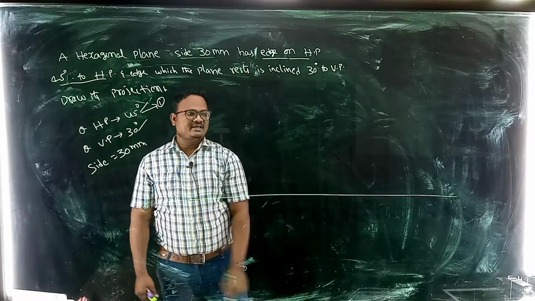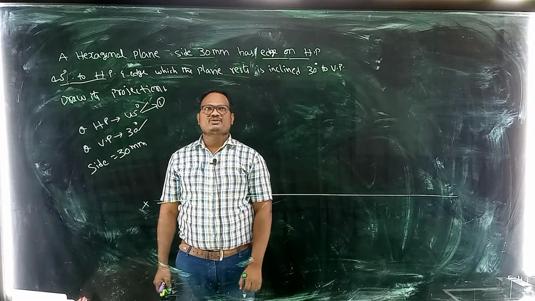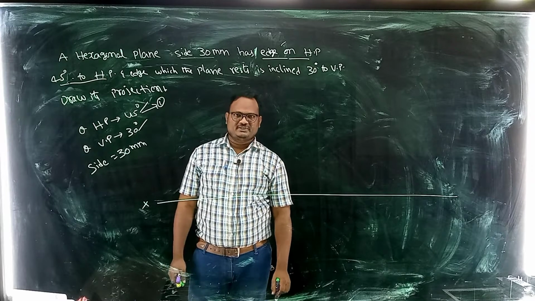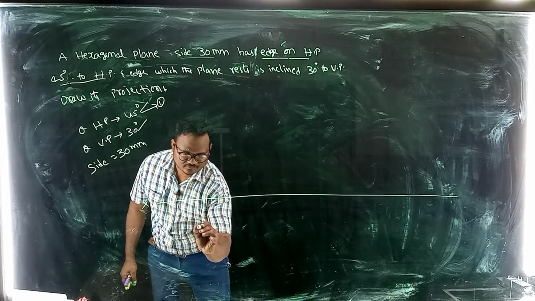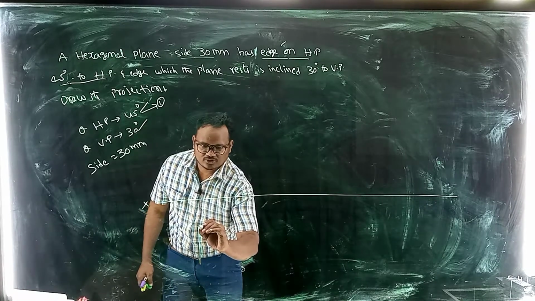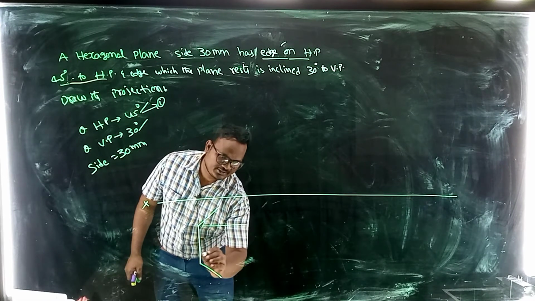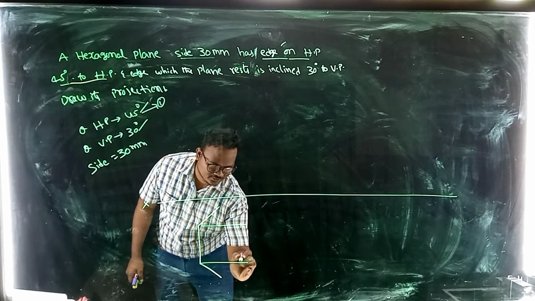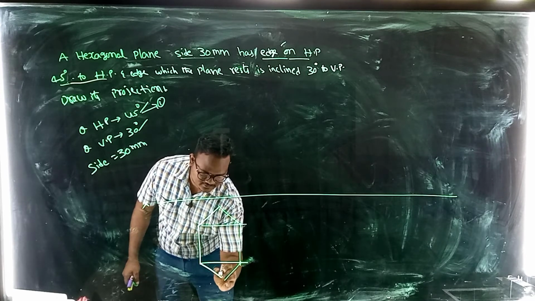This is the reference line, the XY line. So in the first stage, we are going to draw without taking any angle inclination. So an edge-type hexagon. What is the base side? 30 mm. So somewhere, draw 30 mm base side with 120 degrees angle inclination. Now same, draw one 90 degrees line, take this 30 mm, here cut the arc, here cut the arc. So by joining, you will get a hexagon like this.